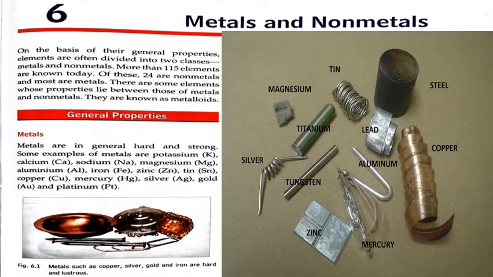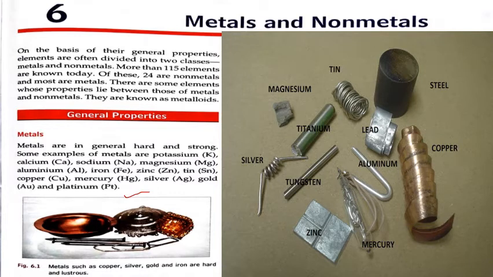Metals are in general hard and strong. It is saying that one property of metals is that metals generally will be hard and strong. Some examples of metals are potassium, calcium, sodium, magnesium, aluminium, iron, zinc, tin, copper, mercury, silver, gold